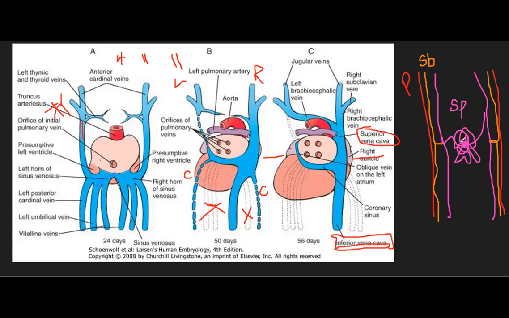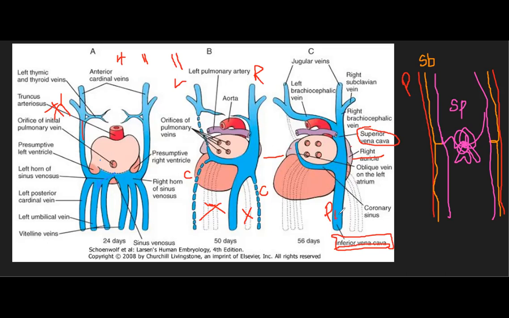So all these three veins will form the inferior vena cava. Okay, and one name which you should remember for sure is the posterior